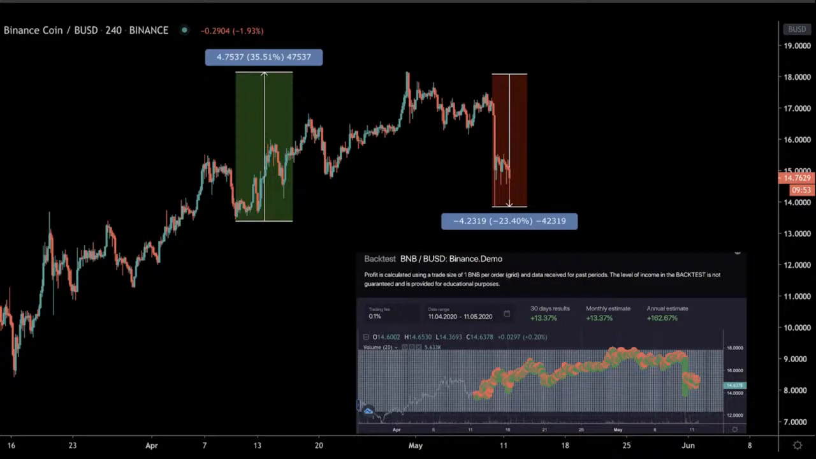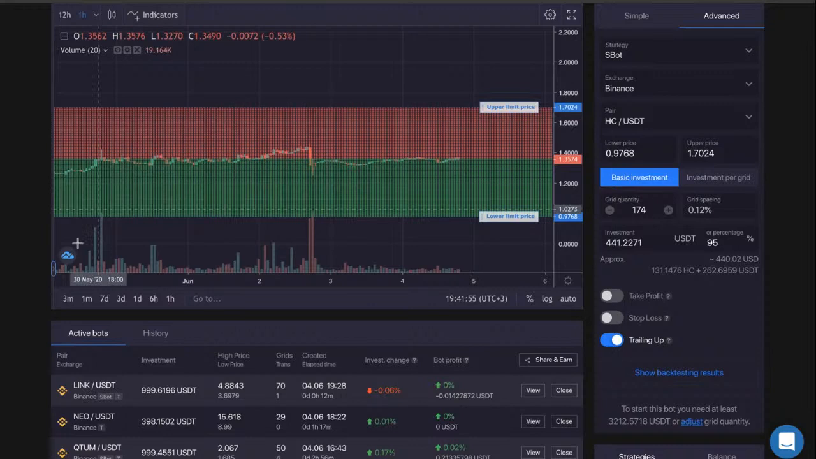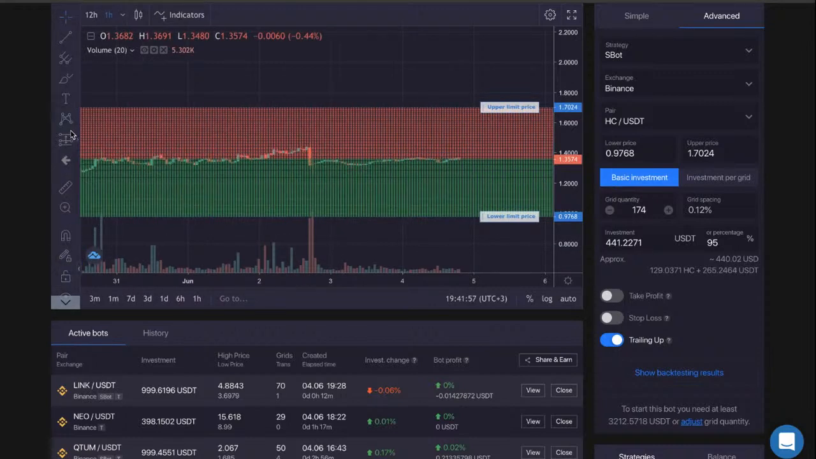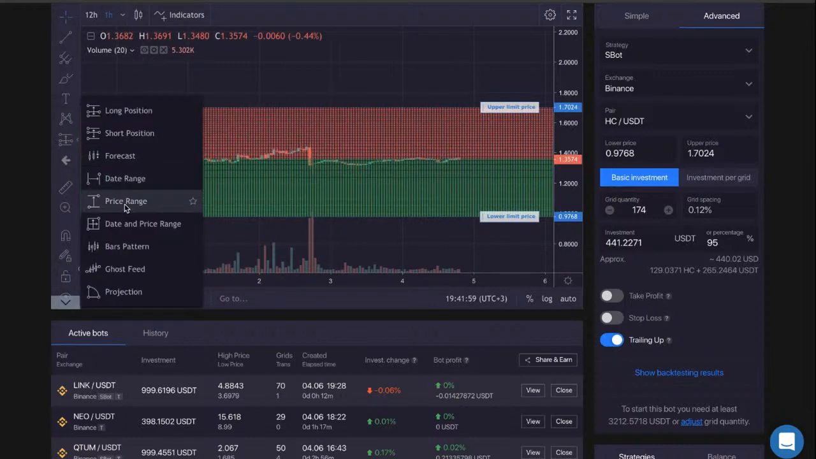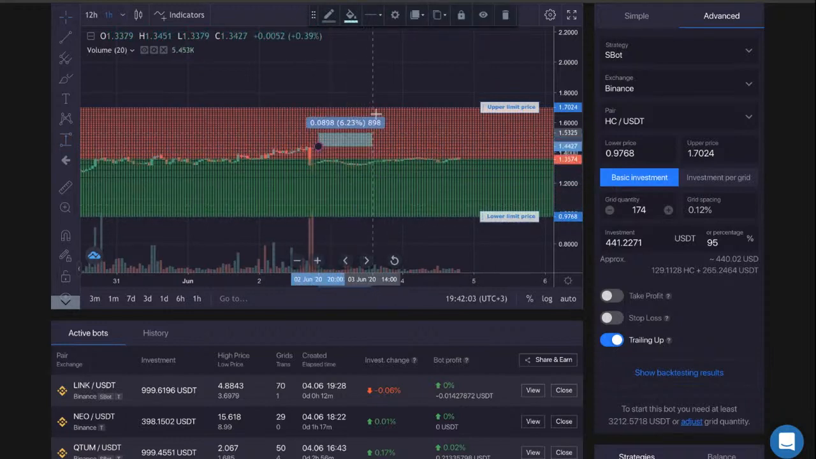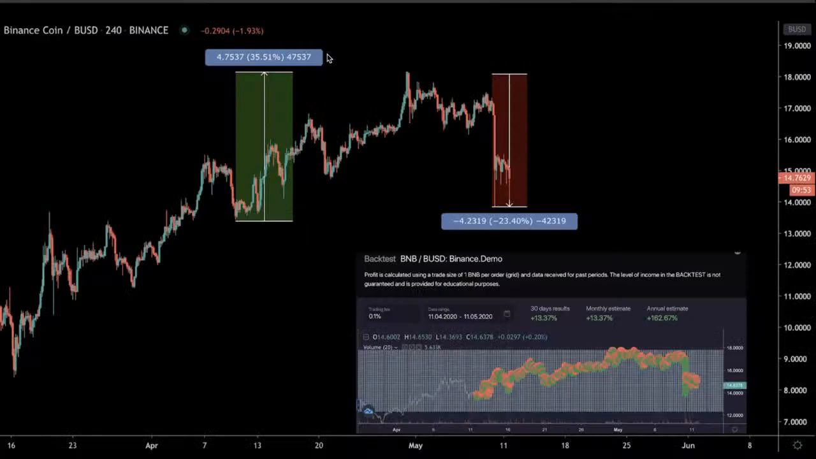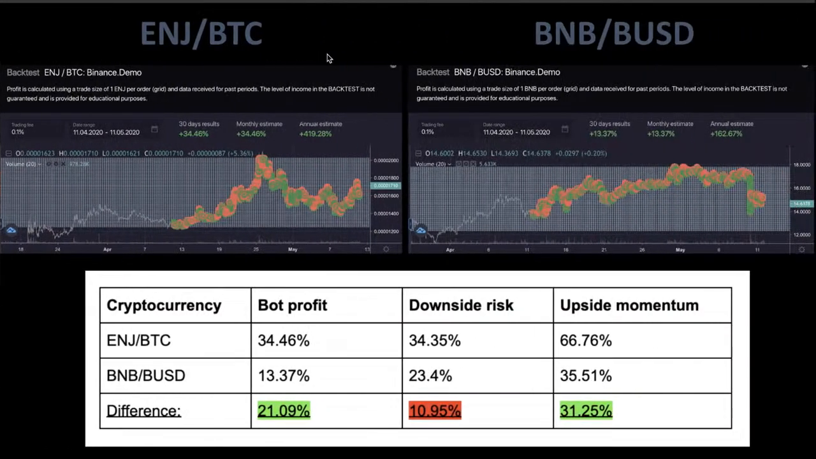All I had is the Bitsgap chart. I have some instruments here. I can choose the price range and then simply see what was the downside momentum, what was the upside momentum, and then just visually I would be able to compare. So that's the idea. Using backtesting, you can find optimal cryptocurrencies that suit your